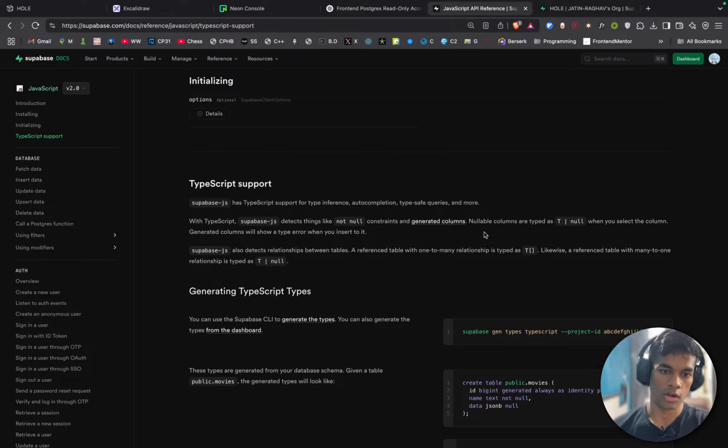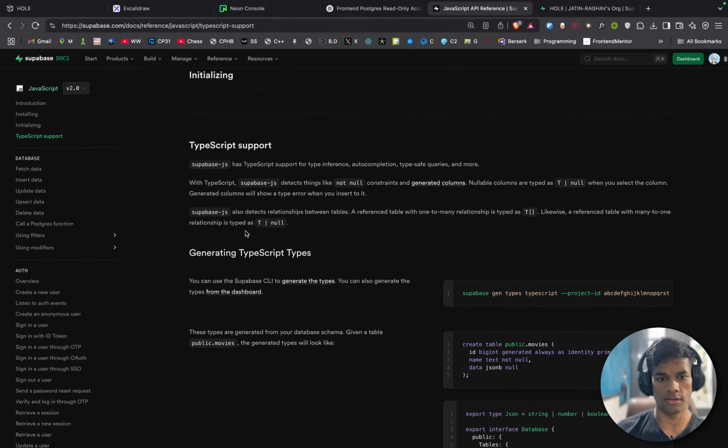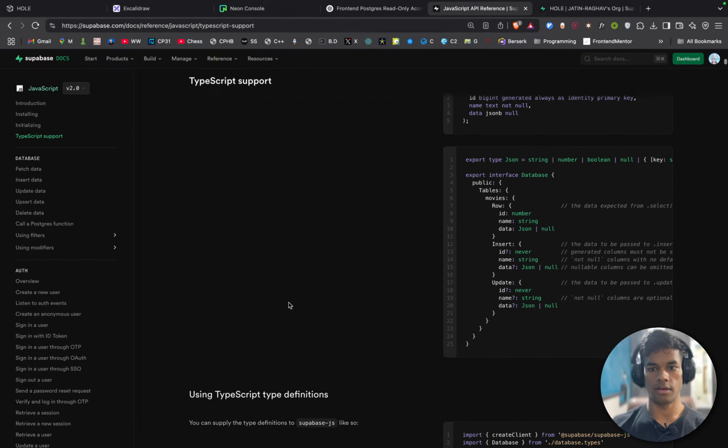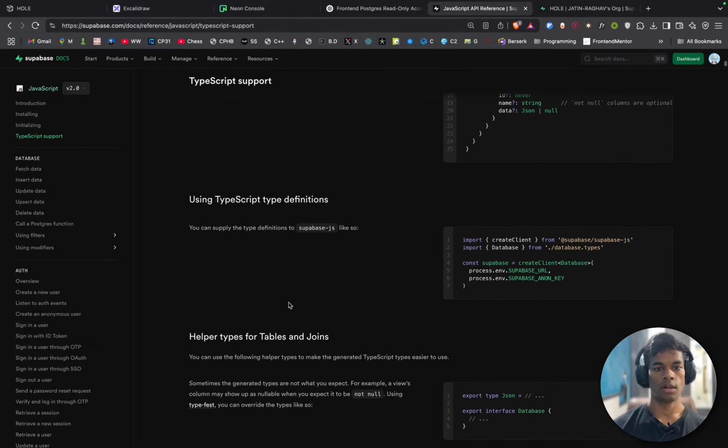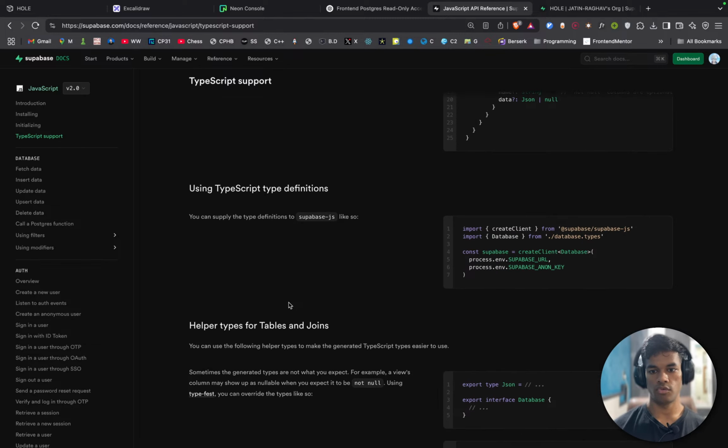When you select the column, generated columns will show a type error when you insert to it. Okay, Supabase JS also detects relationships between tables. A reference table with one to many relationships is typed like this. A reference to one to one is like this. Okay, I can create types like this. Okay, using TypeScript definitions,